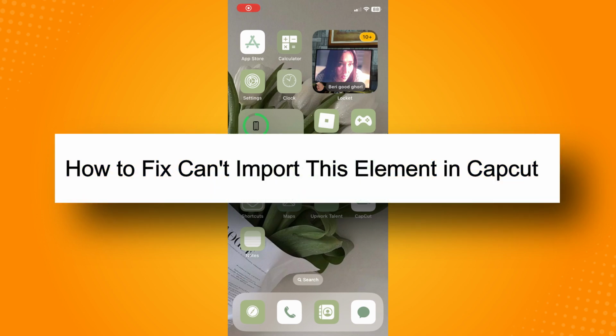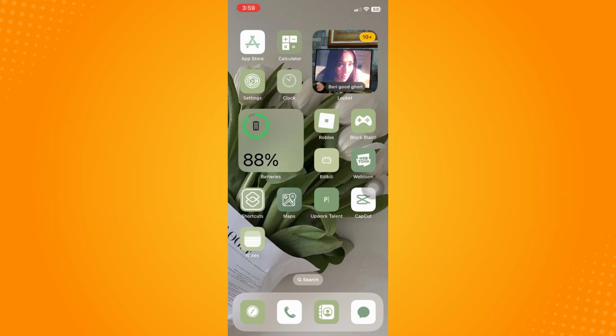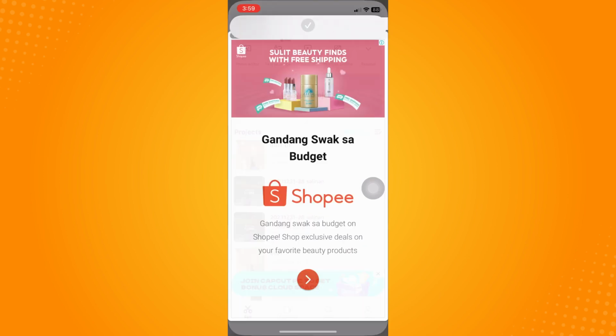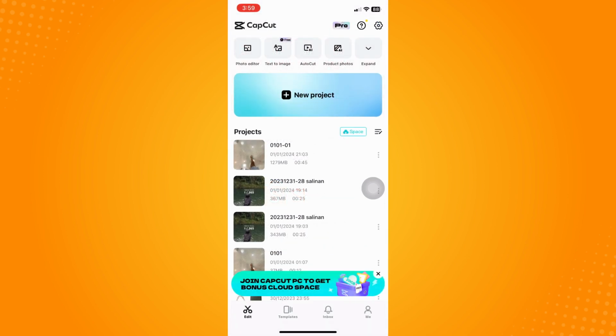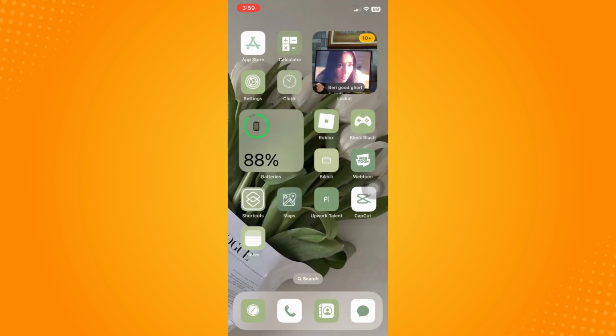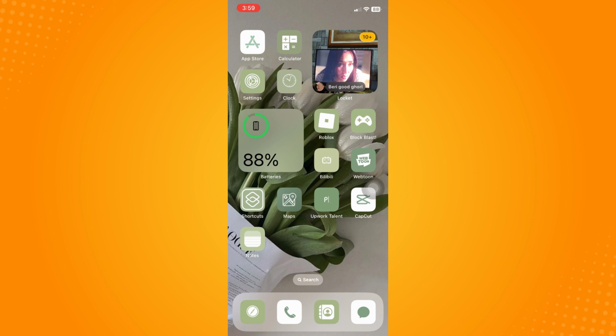How to fix can't import this element in CapCut. So first and foremost, you have to go here to your CapCut application, and currently I do not have this problem, but if you do have this problem, then there are pretty simple ways you can do. Now, first, the reason why you cannot import a specific element in CapCut is because of